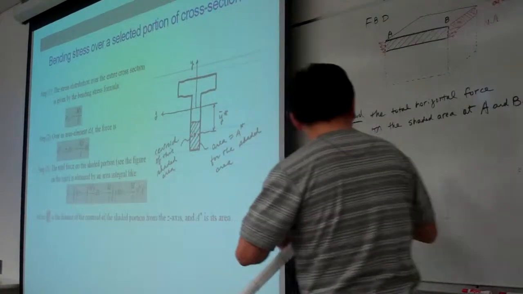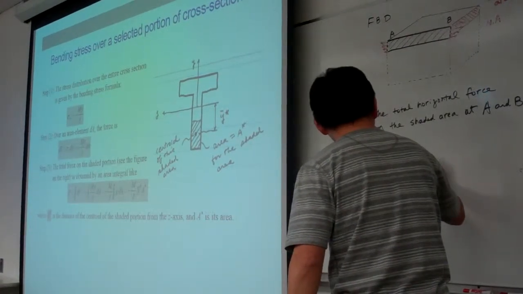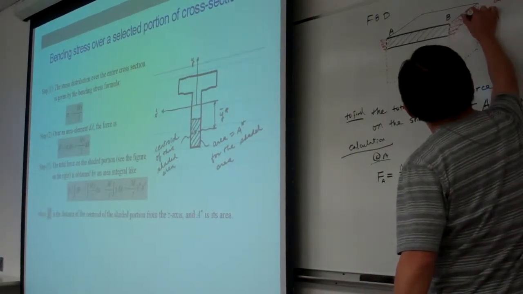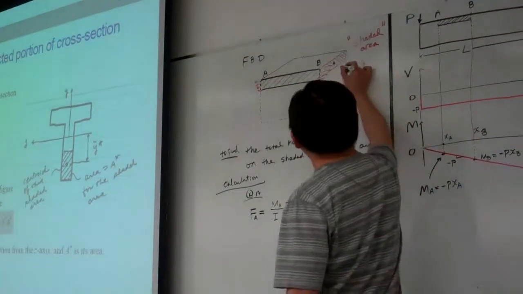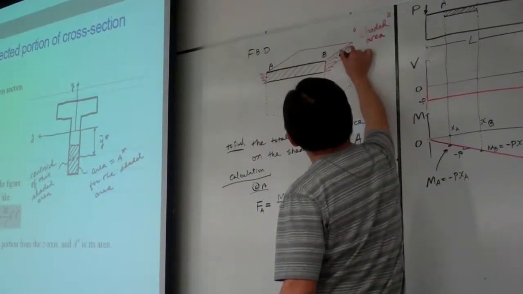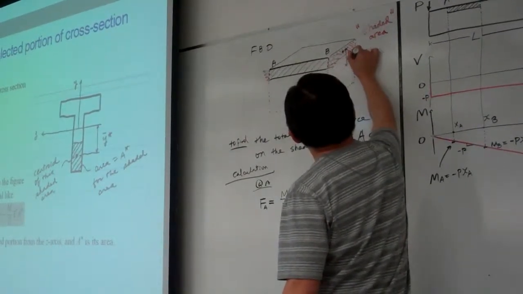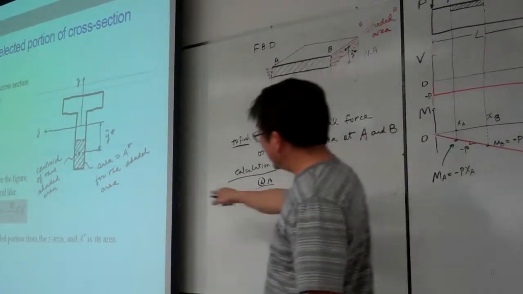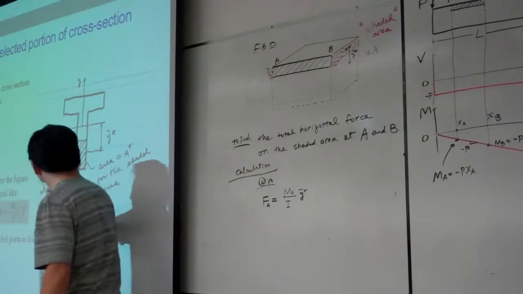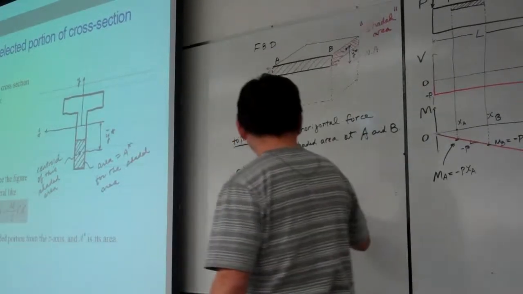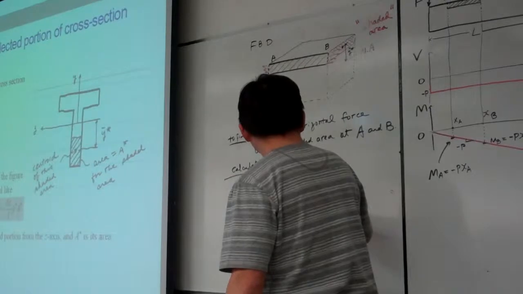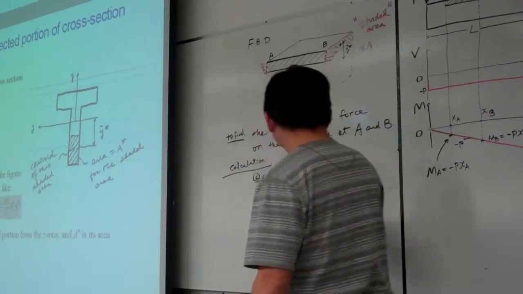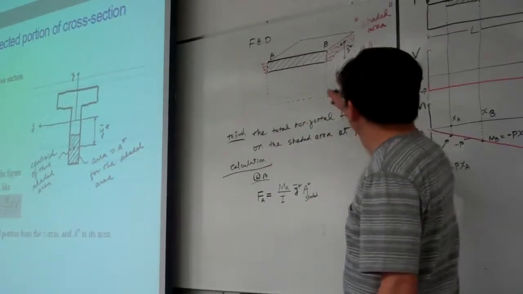And then y bar star. What is this one? For example, say this is the centroid of the shaded area, and we measure that distance to the neutral axis. This is our y bar star. Okay, that is here. And then what is this A star? A star represents the shaded area. Let me say this is the shaded area. Okay. At B,